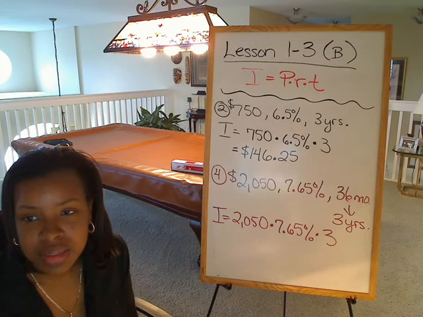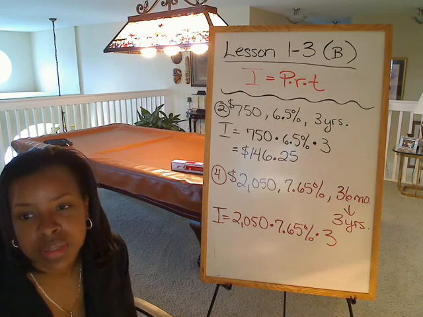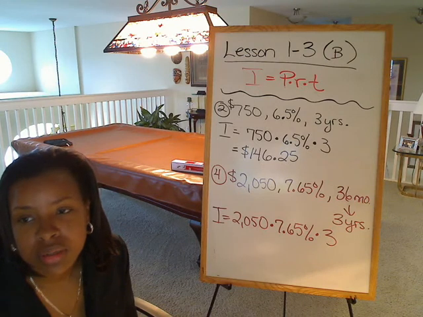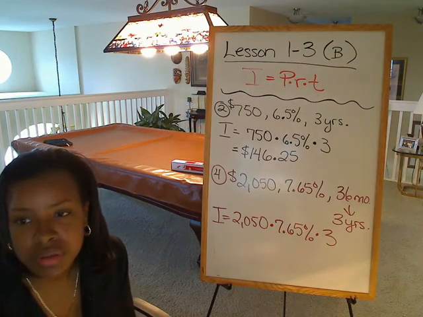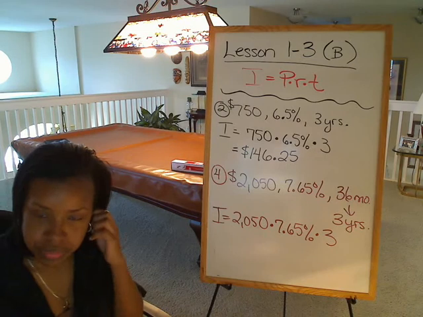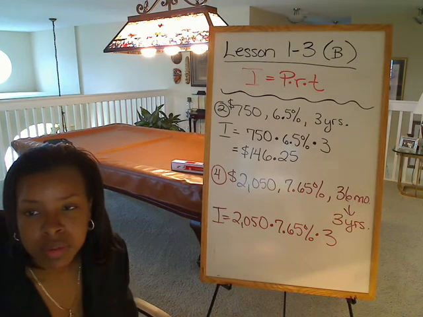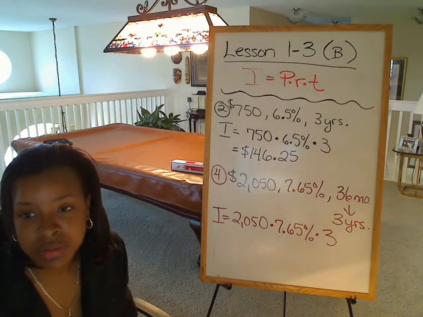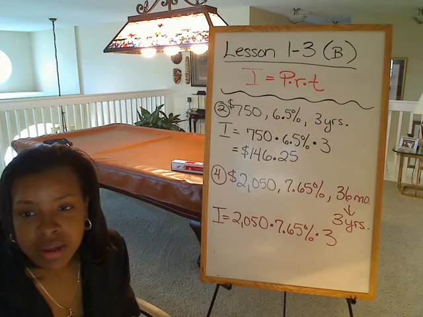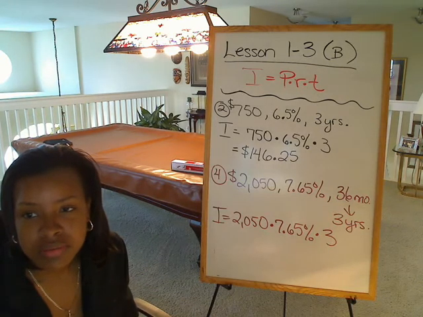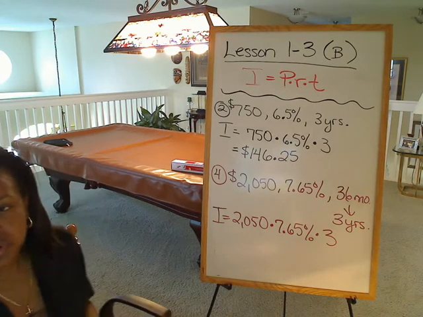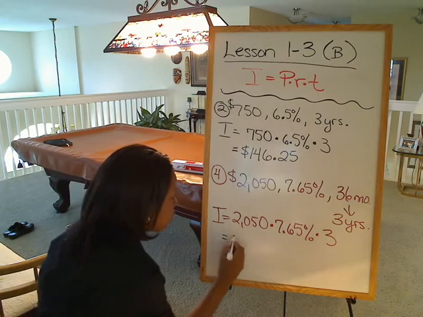2050 times 7.65% times, oh, that's where I guess I made the problem. Hold on. One more time. 2050. Well, you definitely should have the answer by now as long as you're waiting for me to do this. 7.65 times 3. Oh, good. We get